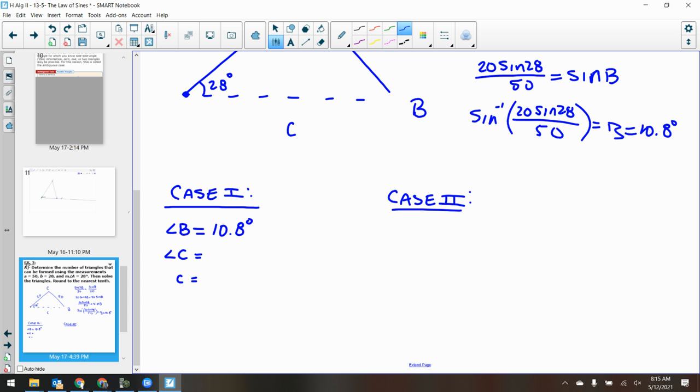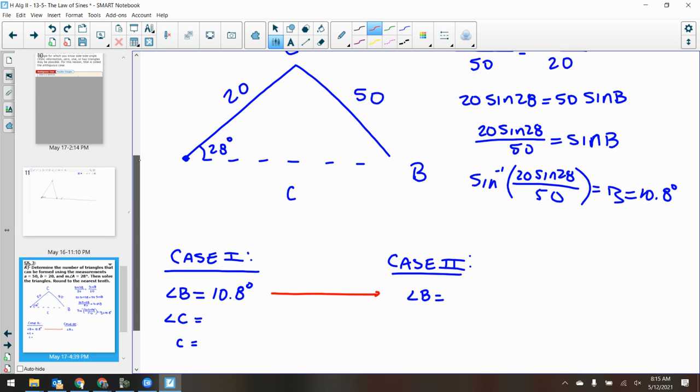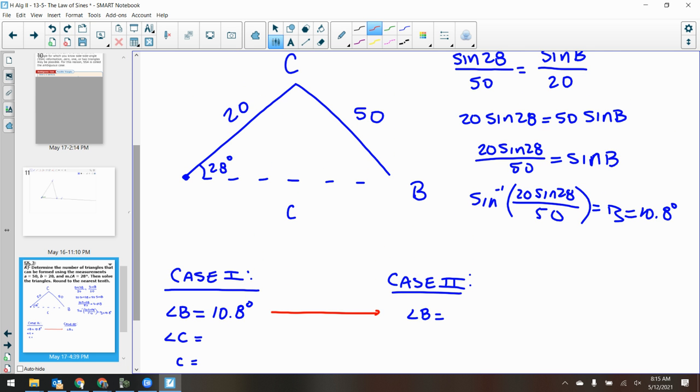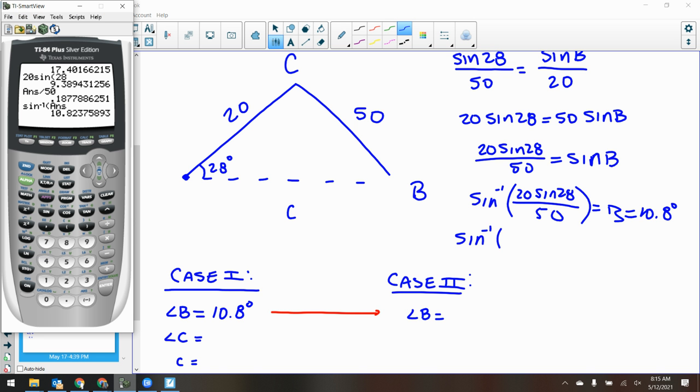Let's check for the existence of a second angle B. Now, how could there possibly be a different angle B? Well, 1 is the acute measure, and 1 is the obtuse measure. We just saw that within that diagram that we were just working with. What does that mean? We had just gotten inverse sine. When we did this calculation, it was inverse sine of 0.1